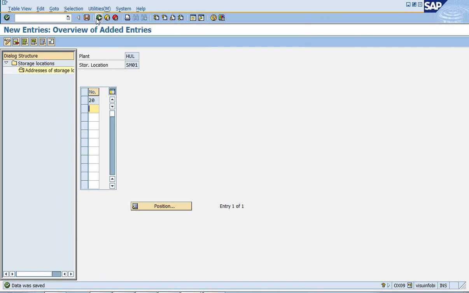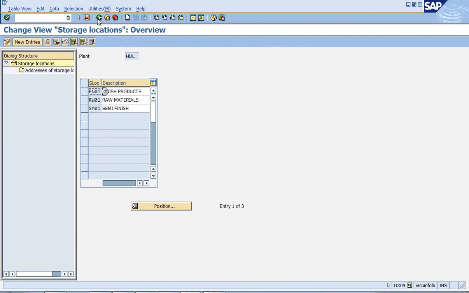And save, come back. So this is how you're going to go for creation of your storage location. Simple thing, just get into your new entries and maintain whatever storage locations you want to maintain and click on save. That's it.